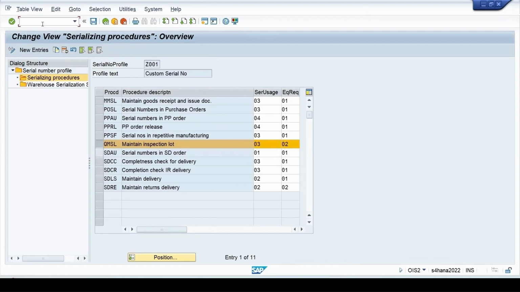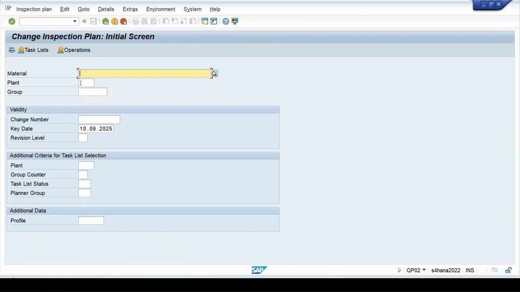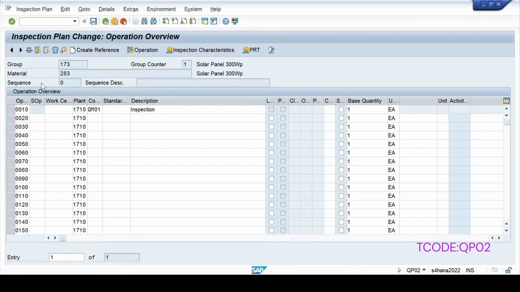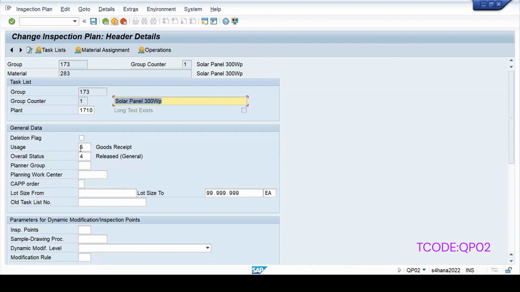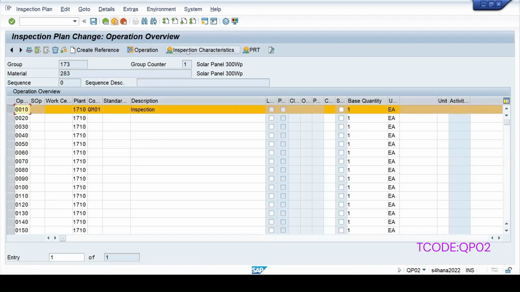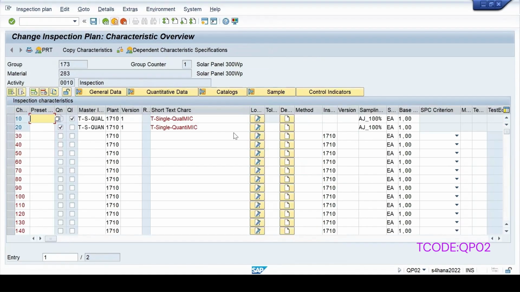The plan also for this material in QP02, enter. My material is this, plant is this, press enter key. In the header level, I have maintained the usage as 5 for the goods receipt. Status is 4 for the released. In the operation control key, QM01 is maintained, and if we go for the inspection characteristics, 2 MICs are assigned